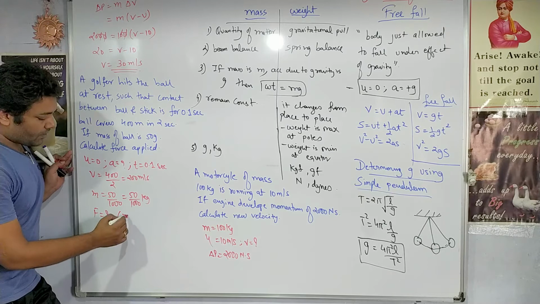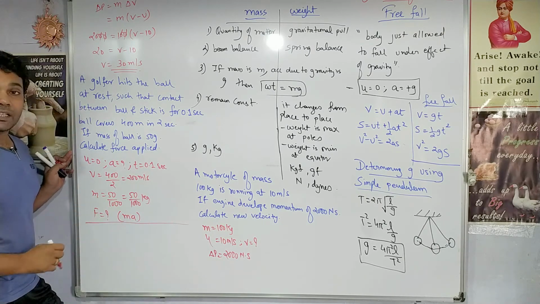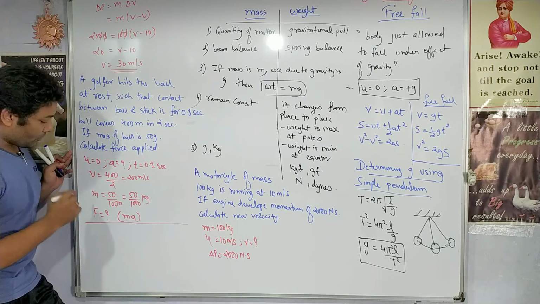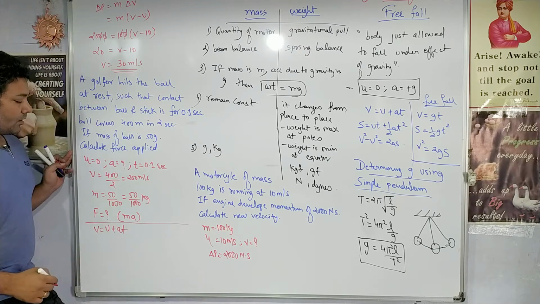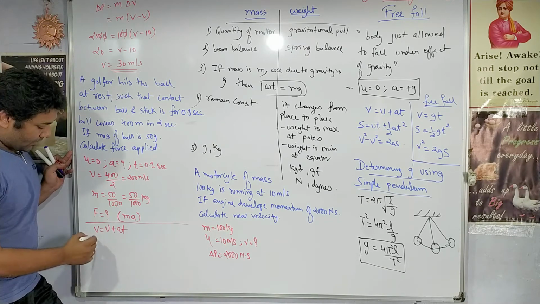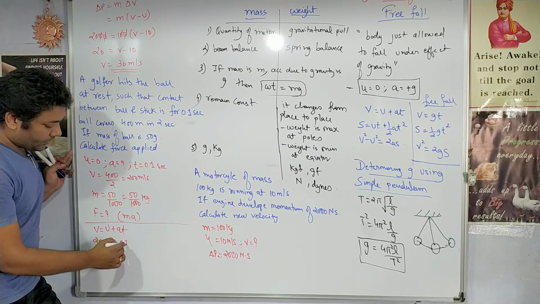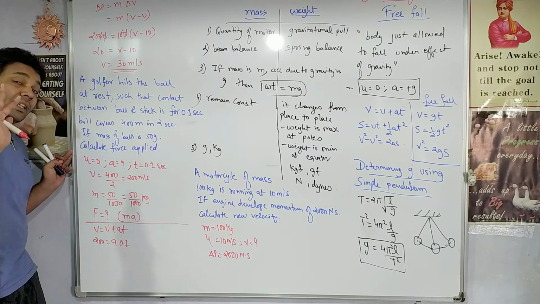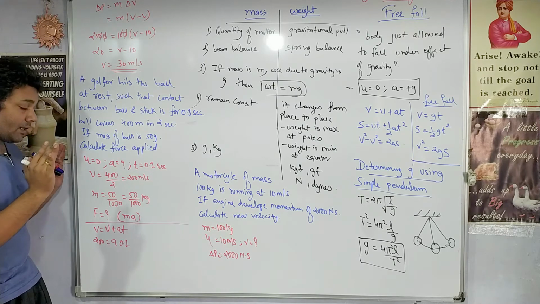Now we know that the formula for force is ma, right? Mass we have been given, acceleration we do not know, so let us calculate acceleration using the equation of motion. So if we use v equals u plus at, right? Final velocity is 200, initial was 0, acceleration, and time is 0.1 second. Here two times are given, so please be sure which time to use. You have to understand the question very well.